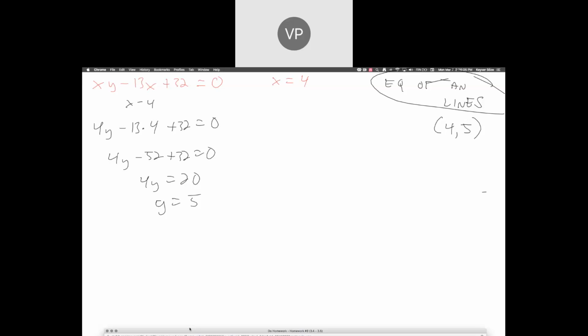All right? Check that over. Make sure you're seeing where I got this from. I replaced every x with a 4, and then I'm solving for that. And then that's solving for the y, and that's how I get the 4, 5. So now